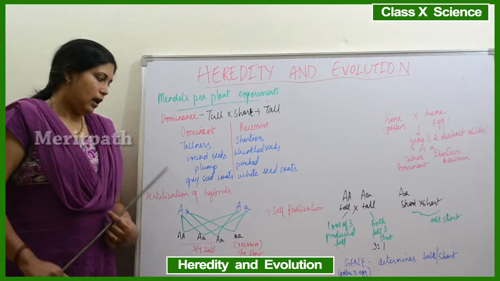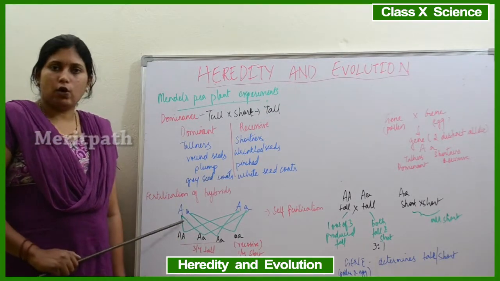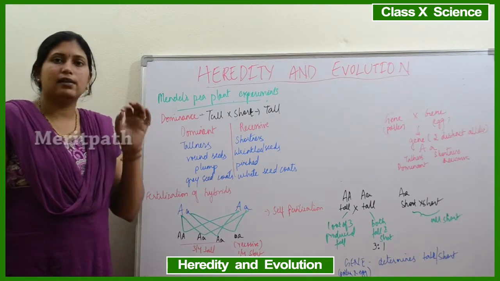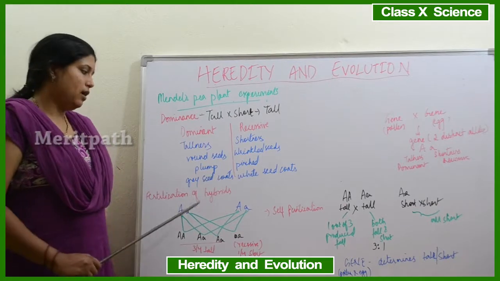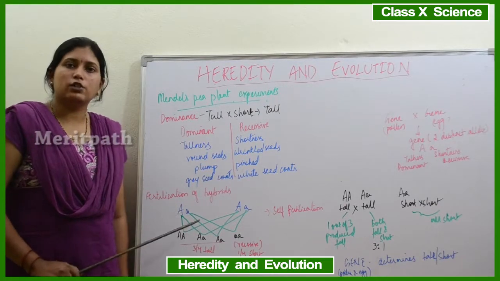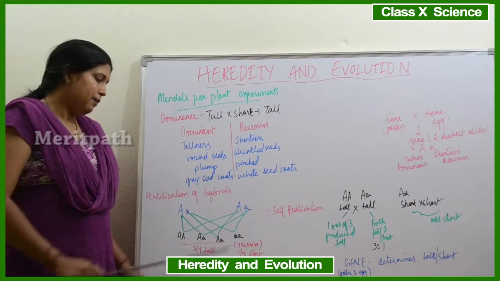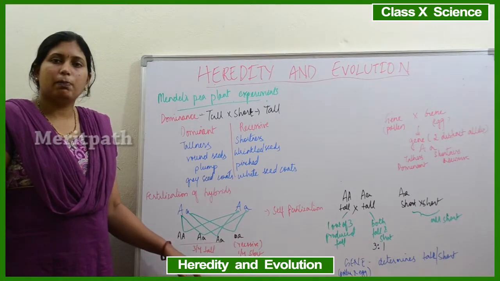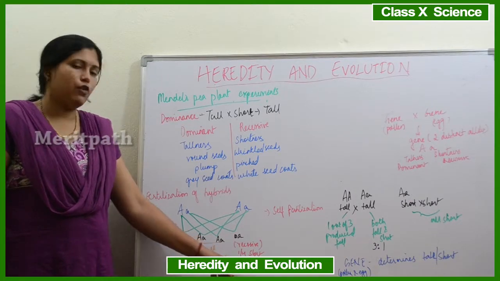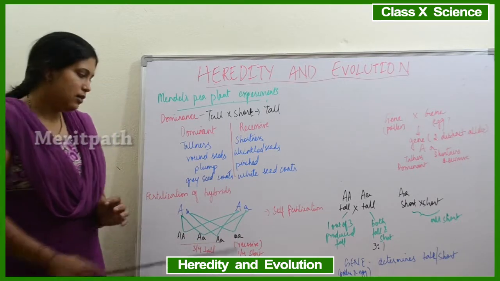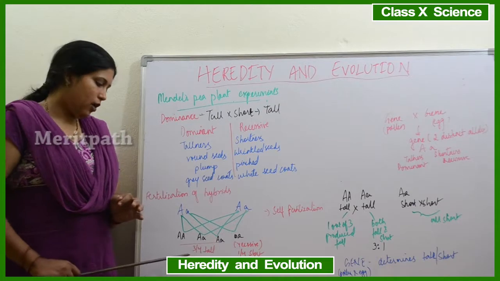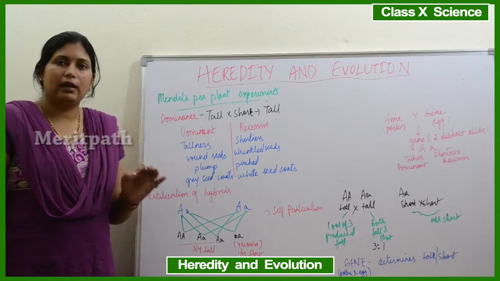So suppose capital A is regarded as tallness and small a is regarded as recessiveness. So capital A is dominant and small a is recessive. When he did the cross fertilization for A and a, he observed that 3/4 of the plants were tall and only 1/4 were short. So the short feature was treated as the recessive feature, that is small a, and all the tall plants had the capital A feature.